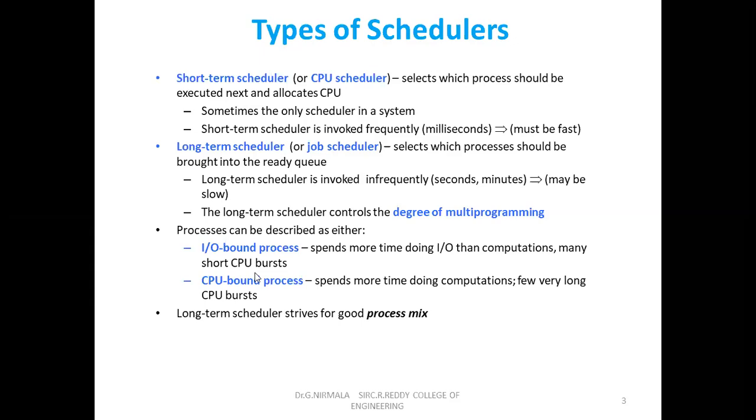Normally, your process can be described as either an IO bound process or a CPU bound process. Always the CPU may be in execution. If it is in an idle state, the process must go to the IO, input output. A computer is a device which performs accepting input from the keyboard, processing and output. Only these three basic operations are carried out by any computer, by any operating system.